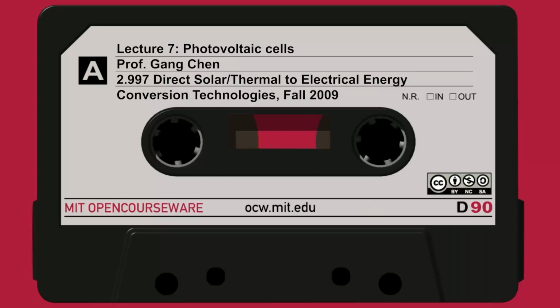Now coming back, we'll talk about the photovoltaic cells. And this is the PN junction I just showed, and the saturation current, which sometimes people call dark current. Now a photon comes in and generates electron-hole pairs. If the photon energy is larger than the band gap, and the band gap is the same everywhere,